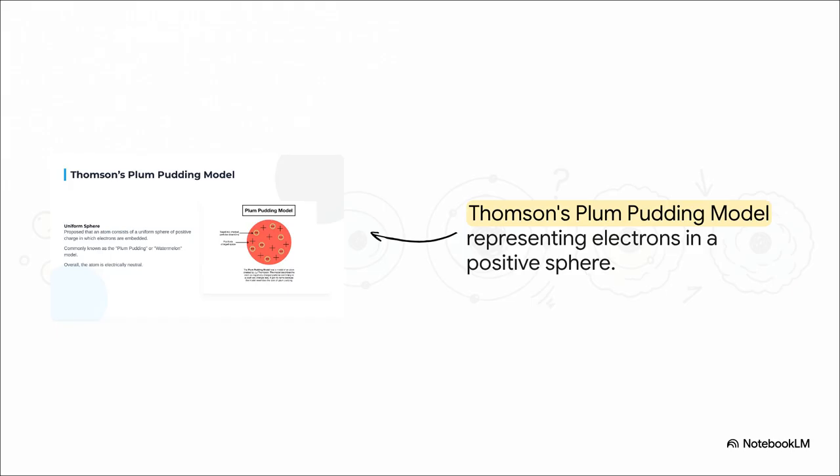He basically imagined the atom as a solid sphere of positive charge, like the red, sweet part of a watermelon, and the negative electrons are just embedded inside it randomly, just like the black seeds. Overall, the positive and negative balance out so the atom remains neutral. Sounds simple, right? But hey, science never stops at the first good idea.